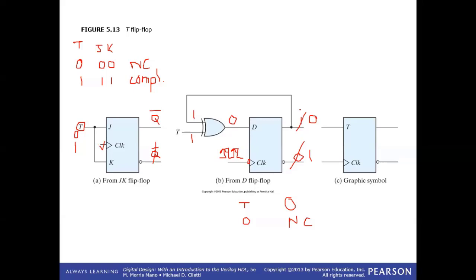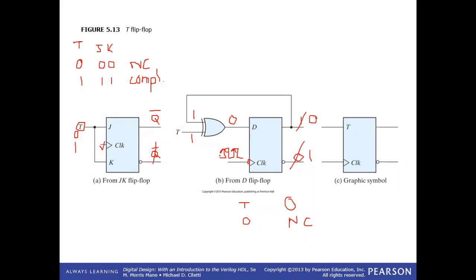So all of these outputs, whether they are from the T flip-flop from the JK flip-flop, or the T flip-flop from the D flip-flop, the output would only and only change if and only if we